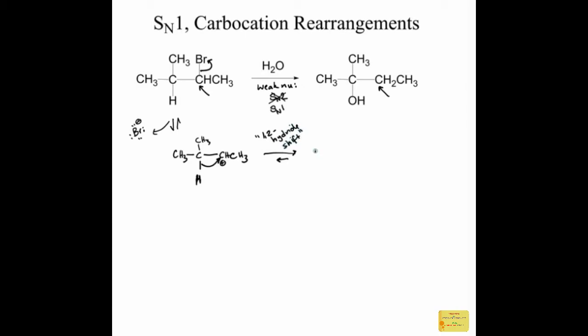We call this a 1,2 hydride shift, and let's see what the result is of this movement. So the hydrogen is now going to be attached to the next carbon over. So this carbon is happy. He now has 4 bonds again. But what about this carbon? This carbon just lost that hydrogen, so it now only has 3 bonds, and our carbocation is now in a